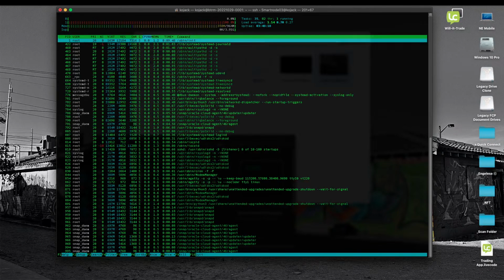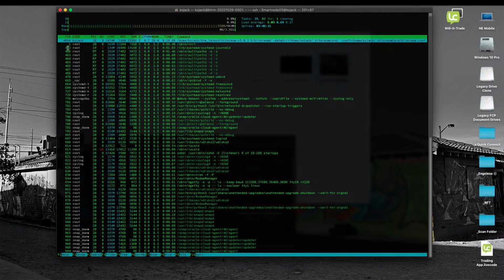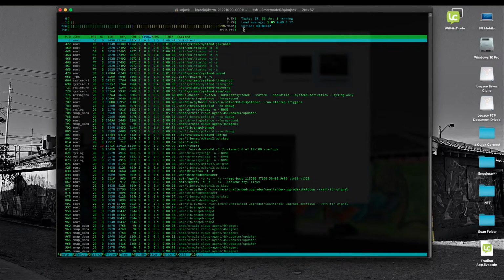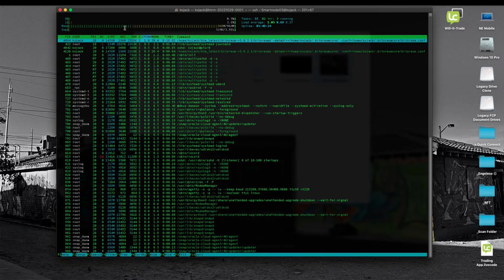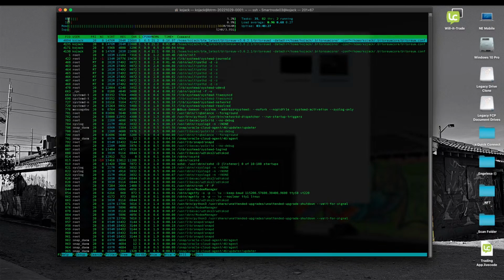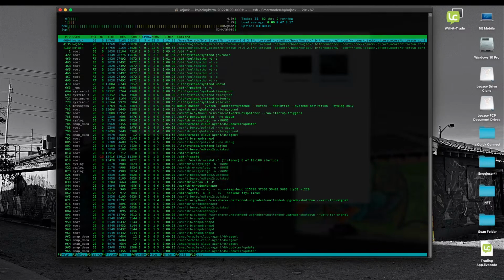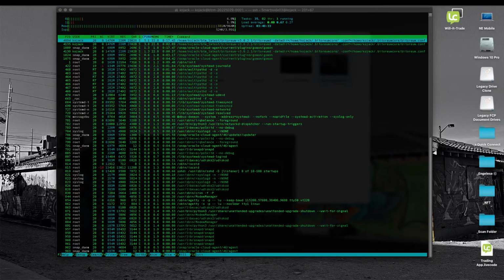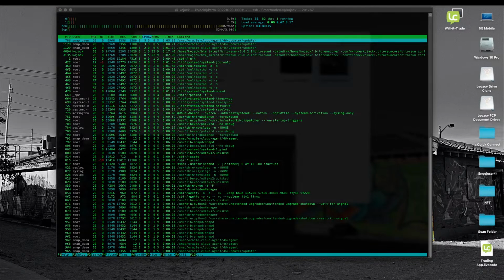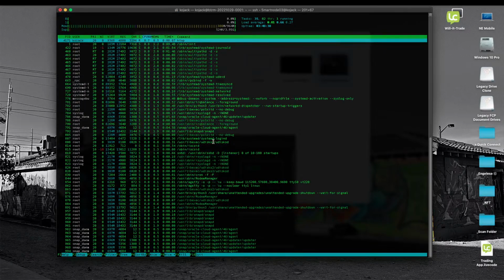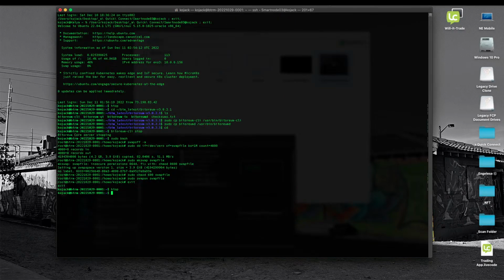Right? So now when we come up here, we can see that, looky, I got hooky. Interesting. Why do I have 2 cores listed here? Doesn't matter. My swap file has absolutely increased to 4 gigs, right? So that is ultimately what I wanted to do. So now we do